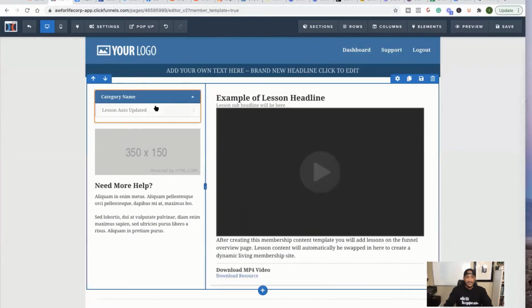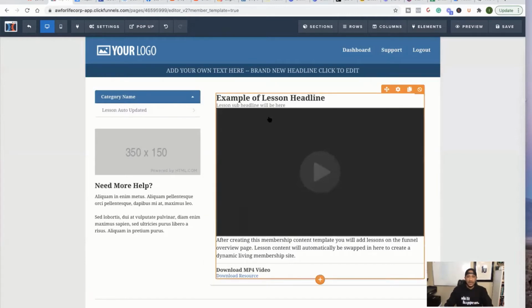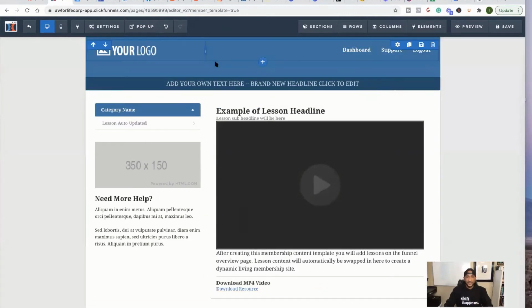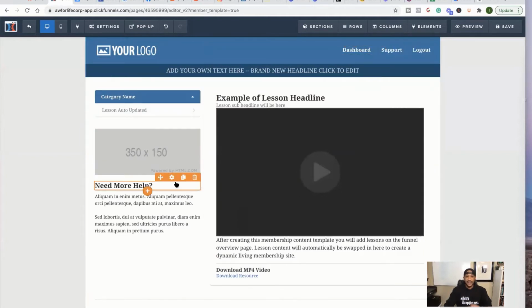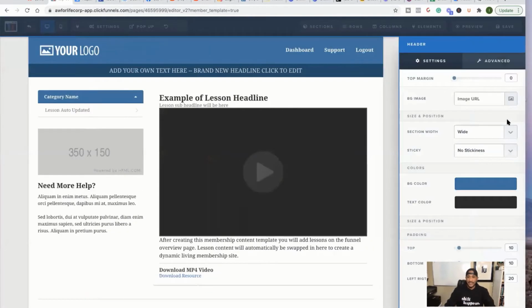All right, so I've got my categories over here. These are where the courses are actually at. This is typically a welcome page, and like I said, you can customize this and delete if you don't like anything. I personally, like if I want to change the color up here, it works the same way. So I can just go here and